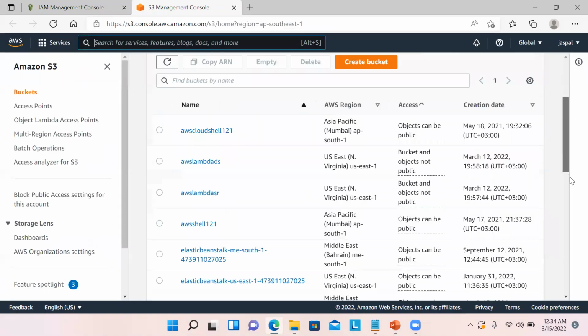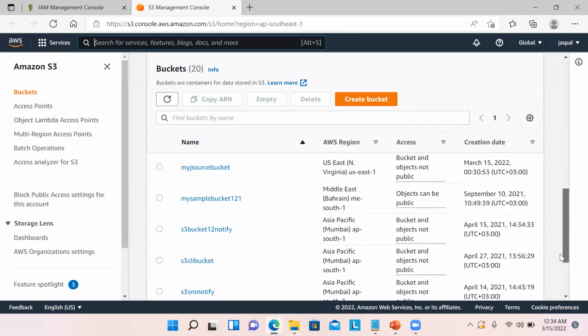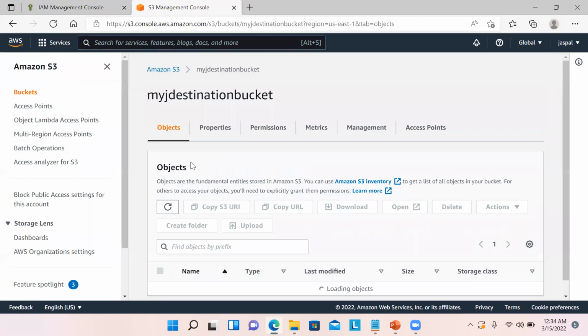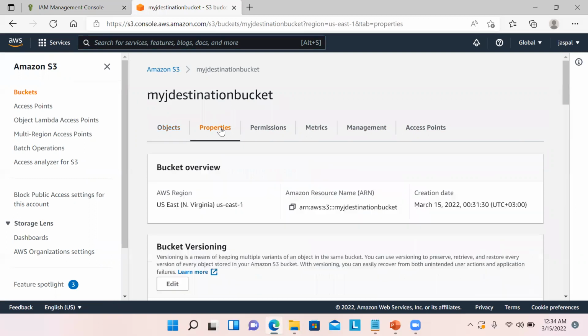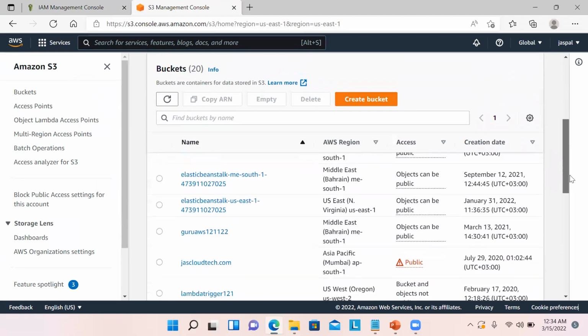And you can go to the destination bucket that we have created. My destination bucket, you can click on that. And then you can go to the properties and you can copy the ARN from here. After copying this ARN,